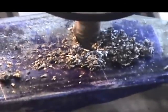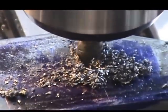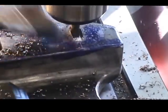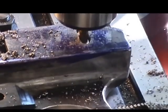I'm almost at the end of the cut on this side. As soon as I start touching that, I'm going to give it about another 20 thousandths, 25 thousandths. You'll hear the load change on the cutter. Complete that. I previously measured the width, so I knew when I hit the back of that slot how far I'd have to go. Now I'm going to go back over to the first side,